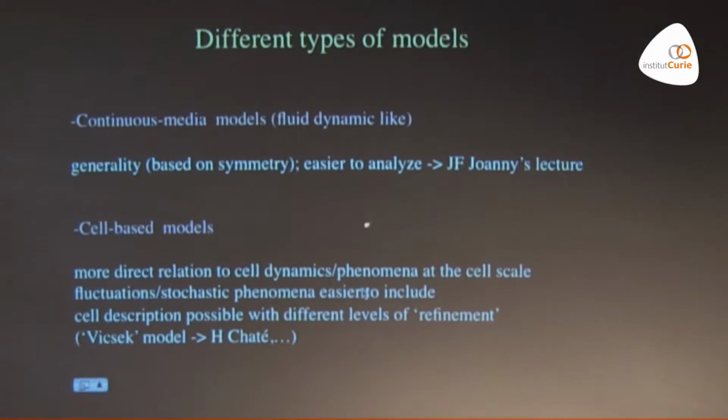And these are actually nice because for continuous equations, there are lots of tools to analyze them. As Hugues was saying, you can look at the stability, etc. And I suppose that Jean-François described what these symmetry arguments are and how you can write some of these equations based on symmetry. So these are nice, but these are